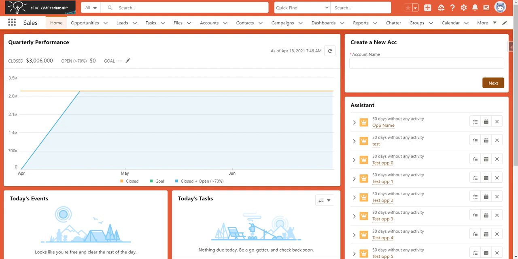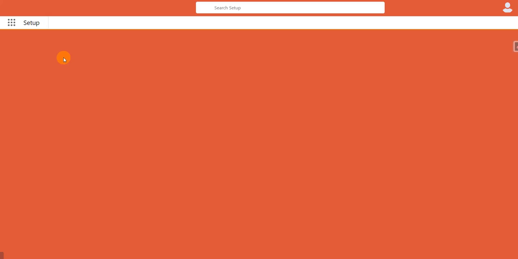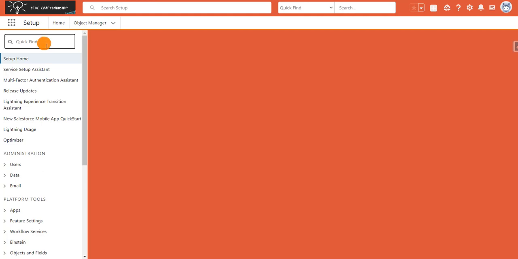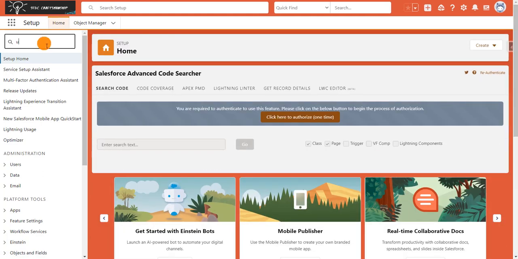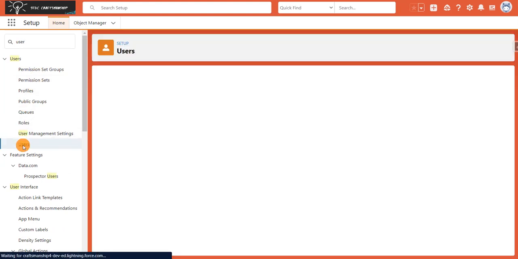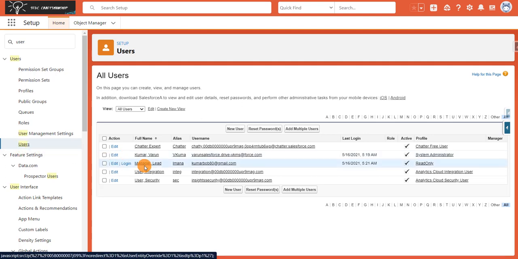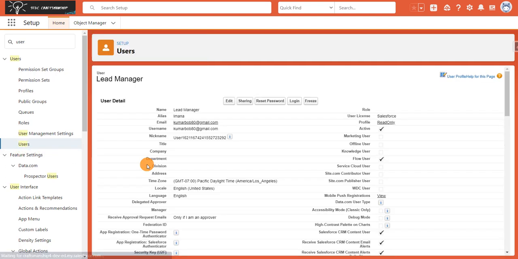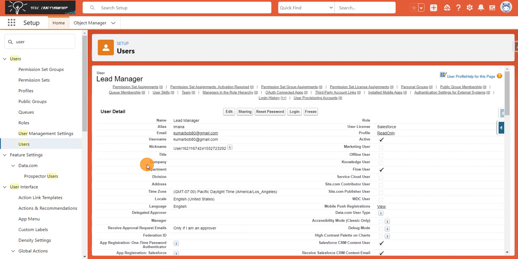Before creating a new screen flow, I created one user called lead manager. I'll show you that user. This is the user which I created, called lead manager, and I assigned a read-only profile to him, and also marked this user as a flow user.